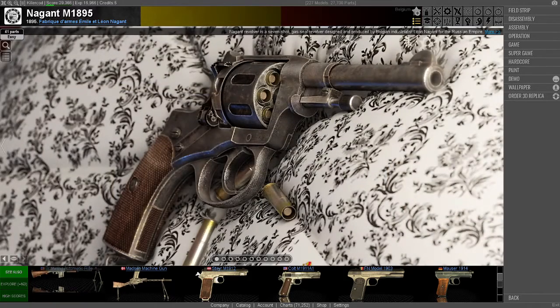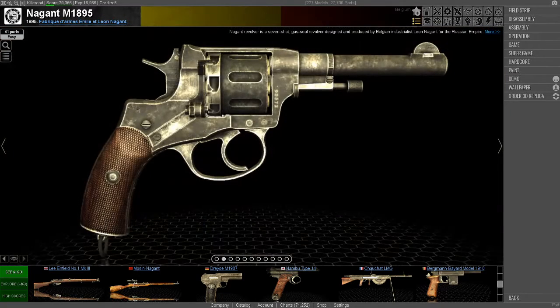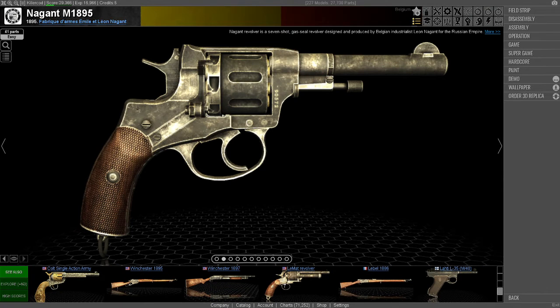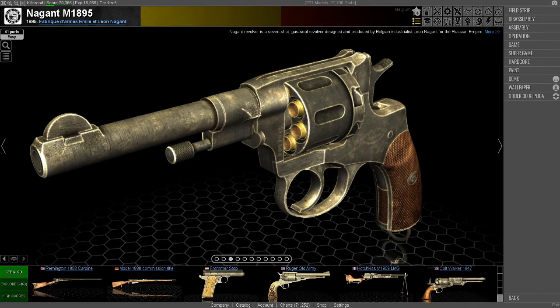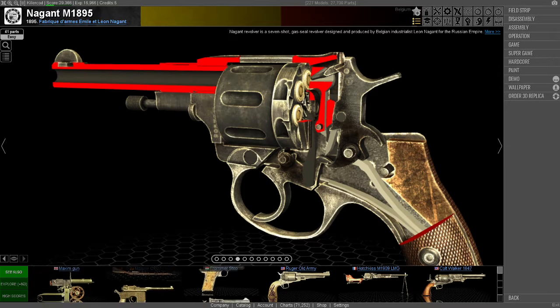Today we'll be taking a look at the Nagant Model 1895 Revolver. The Nagant Model 1895 Revolver is a 7-shot, gas-sealed revolver designed and produced by Belgian industrialist Leon Nagant for the Russian Empire. The Nagant Model 1895 was chambered for a proprietary cartridge, the 7.62 by 38mm R, and featured an